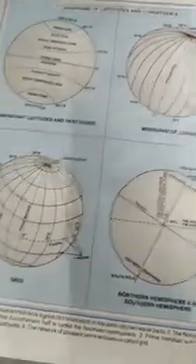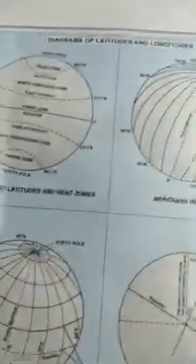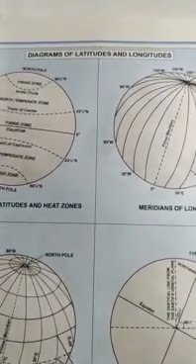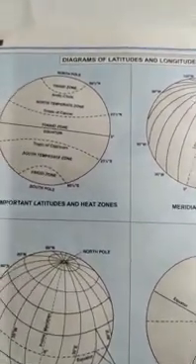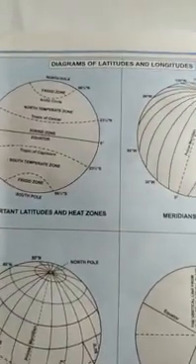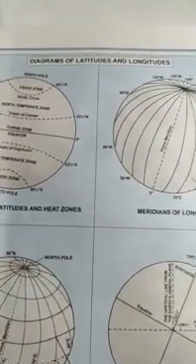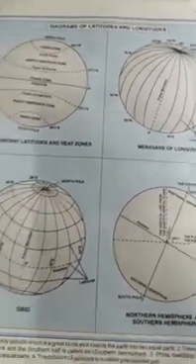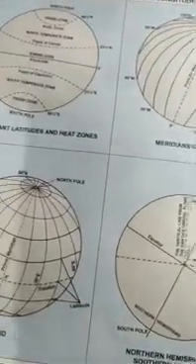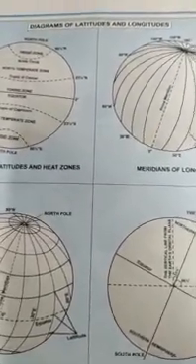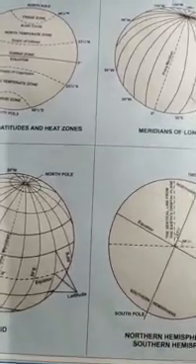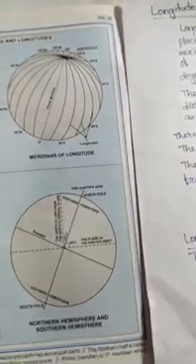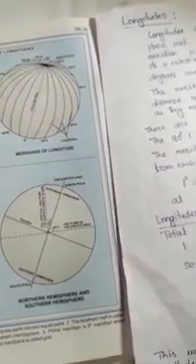We also read about the zones like the temperate zone, the torrid zone and the frigid zone, that is, north and south temperate zone, north and south frigid zone, and north and south torrid zone. And with this we also read some important parallel lines: the Tropic of Cancer, Tropic of Capricorn, Arctic Circle and Antarctic Circle.